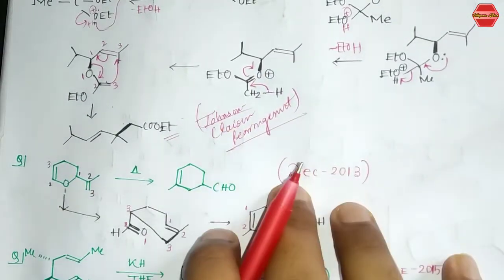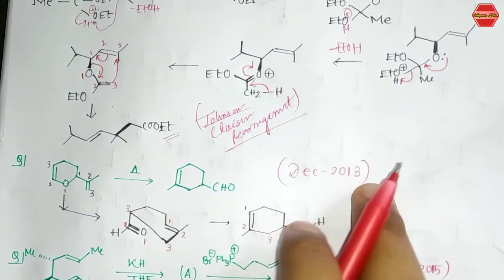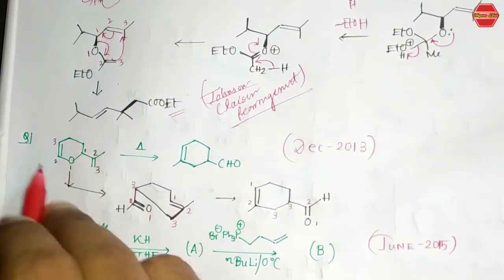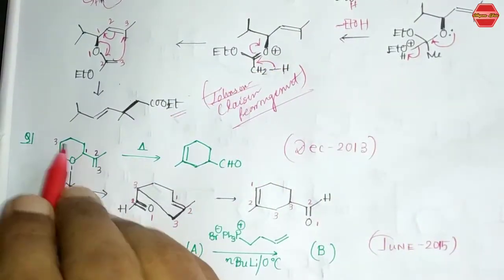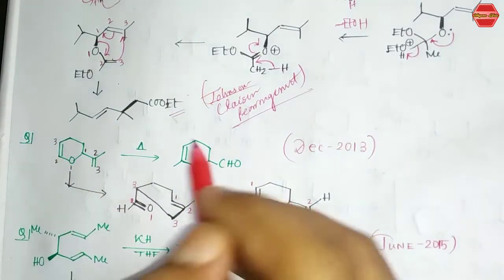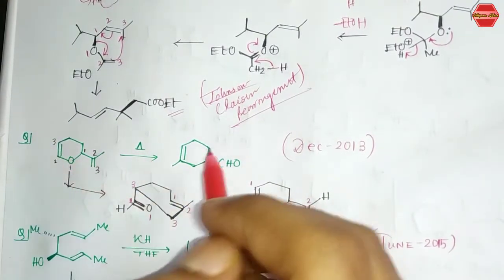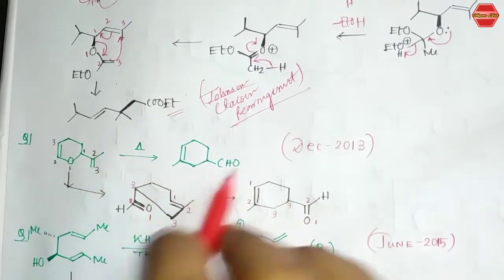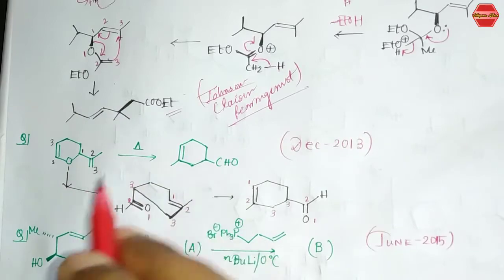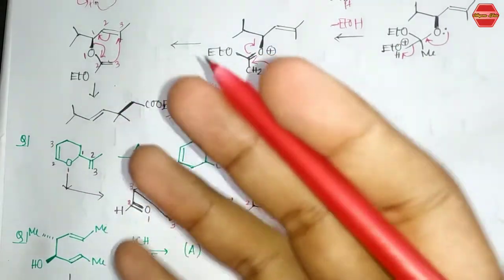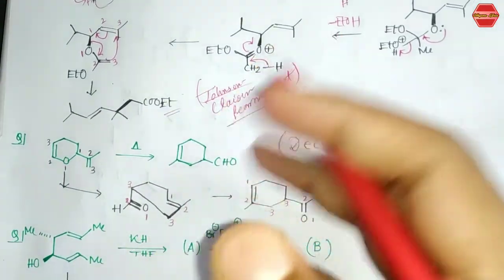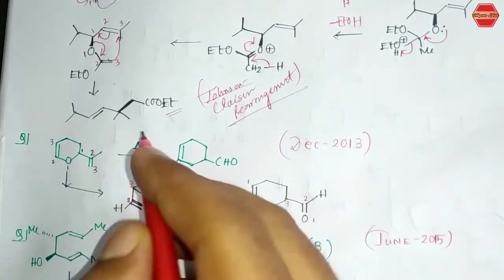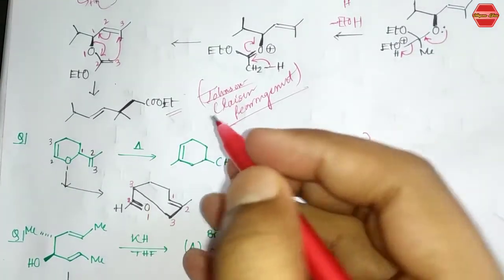Now the next is the question which came in CSIR NET December 2013. Now you can see that you have been given the substrate, and the question says that you are given, not a reagent, it is basically heat, the substrate and the product, and the heat is given to you. This overall sequence is given to you. You have to say which kind of rearrangement reaction takes place. It is either 2,3 sigmatropic or 3,3 sigmatropic; you have to answer this in the question. But you can see that this is your 3,3 sigmatropic. And how is this 3,3 sigmatropic?